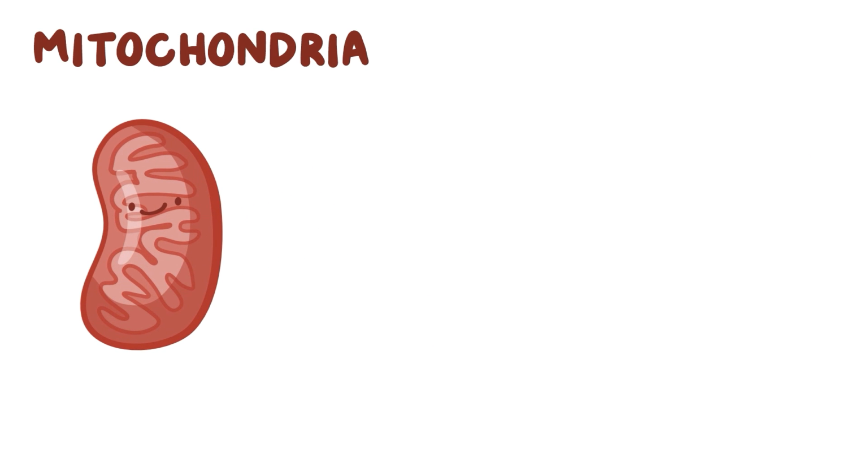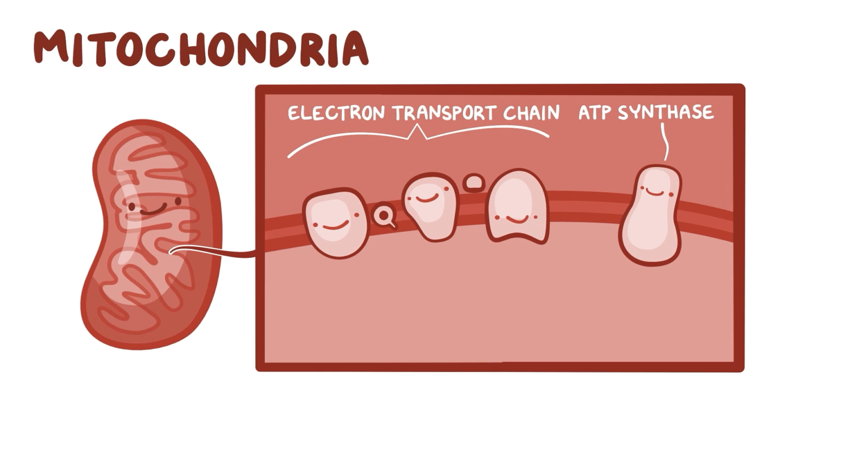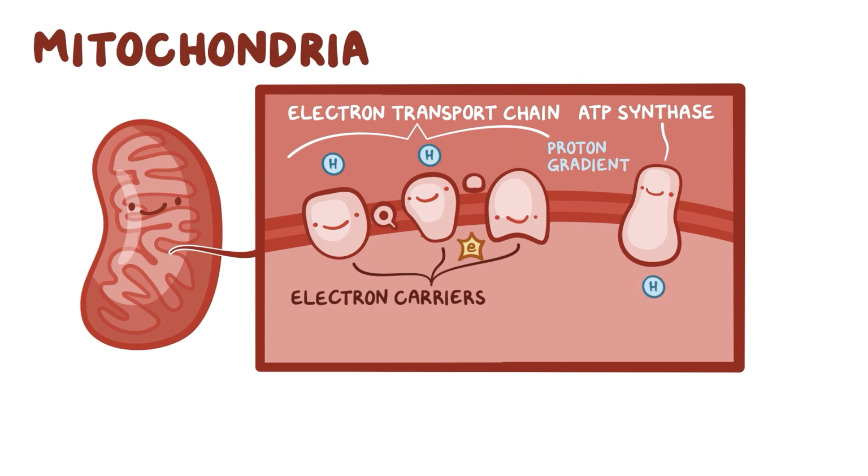The mitochondria are the main energy-producing factories of a cell, and they do so with the help of the electron transport chain and the enzyme ATP synthase. The electron transport chain is made up of complexes of proteins or lipids called electron carriers embedded within the inner mitochondrial membrane, which pass electrons along like the baton in a relay race. This movement of electrons helps establish a proton gradient that drives ATP synthase to phosphorylate adenosine diphosphate, or ADP, into